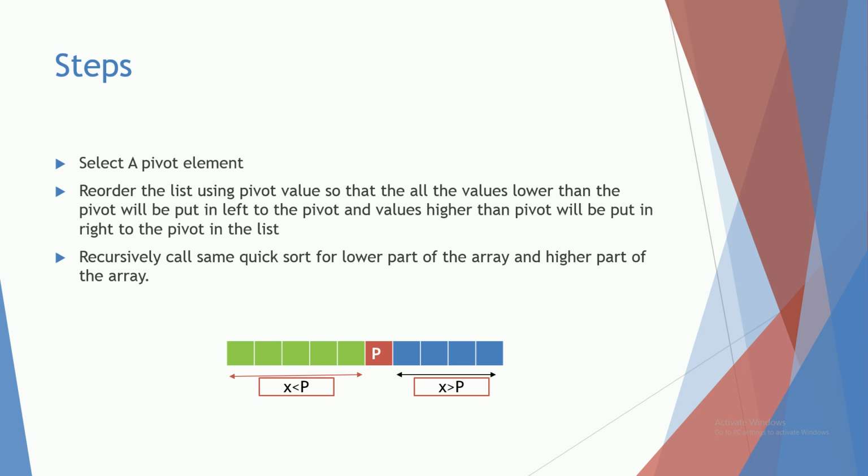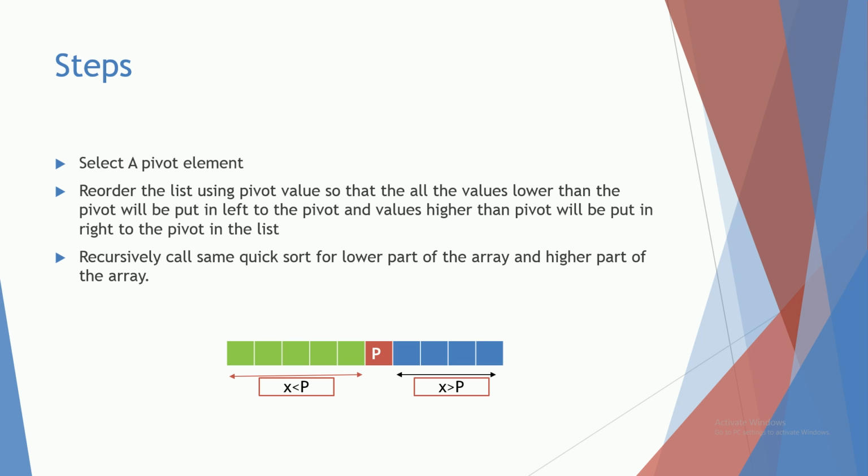Now in the Quicksort algorithm, given a list, we first pick an element called the pivot element, which is just a random element in the list. And then we reorder the list using the pivot value in a way that all the values lower than the pivot will be put on the left side of the pivot and values higher than the pivot will be put on the right side of the pivot element in the list. And then we recursively call the same function for the lower part and the higher part of the list